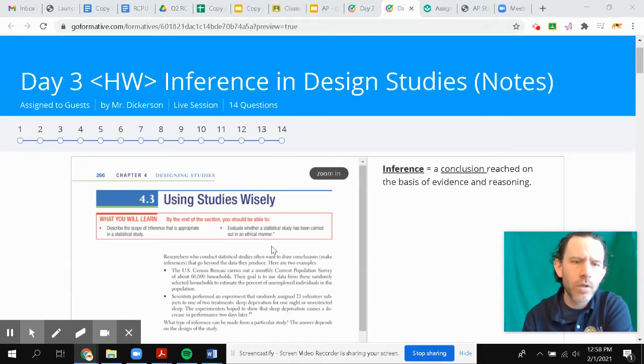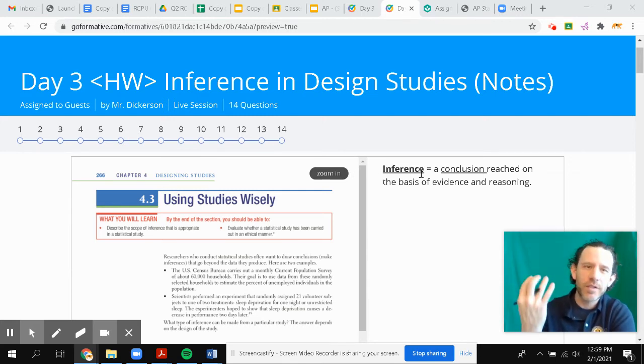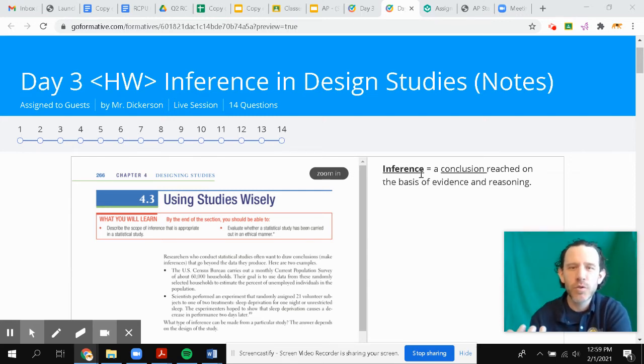Hey, stat students, we are looking at inference around the design of our studies. What is inference? Well, it basically means a conclusion. So if you see the word inference, think conclusion. So what conclusions can we make